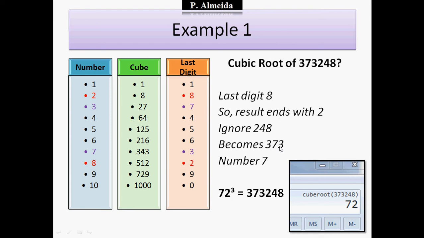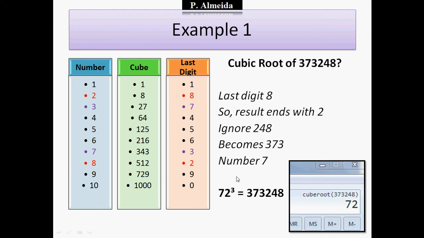Now, what is going to be the number below 737? That's going to be 343, which is the cube of number 7. So I get the number 7 in front of it, and that means that my cubic root of